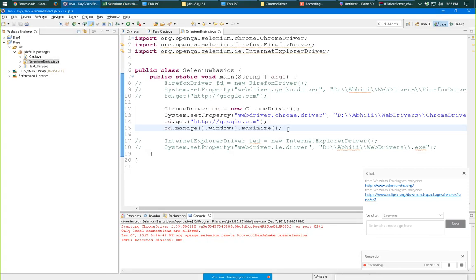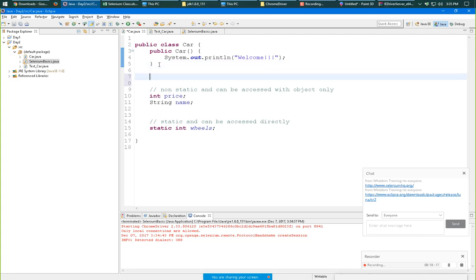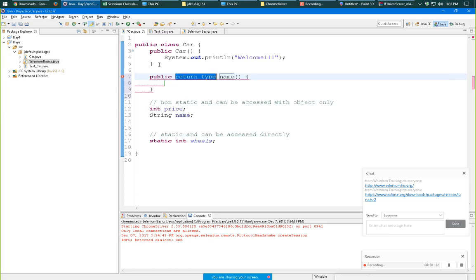So now going back to car, to use constructors, say public car, and in this string name, to be precise C name, so as to differentiate it. Now there's a constructor with a single string argument.